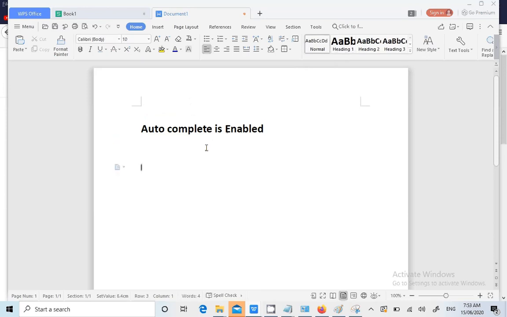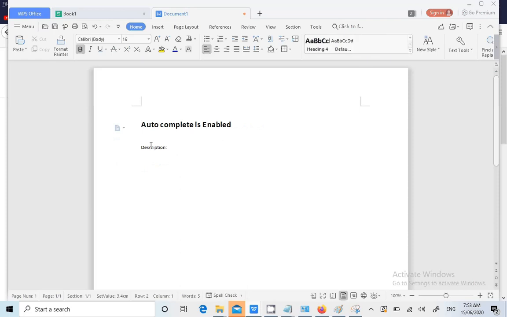The next is the description. If I put a heading 1, it looks very big, so heading 3 I will use, and the description would be heading 4 format.